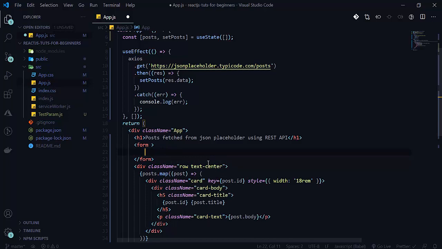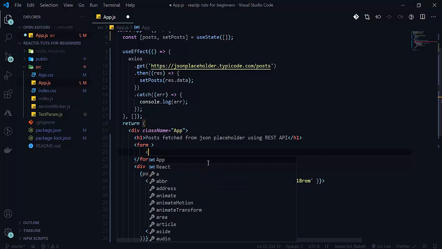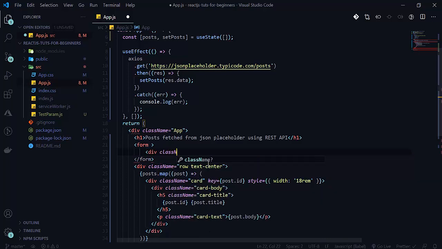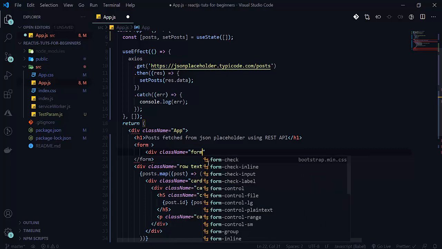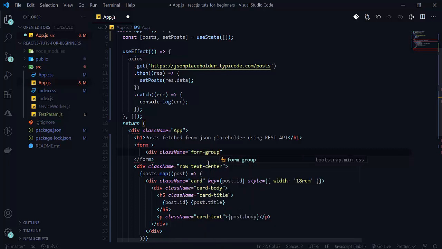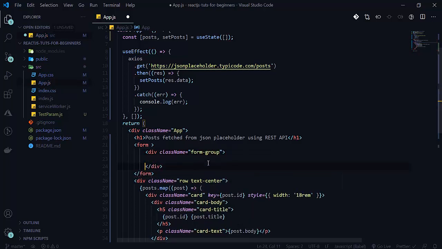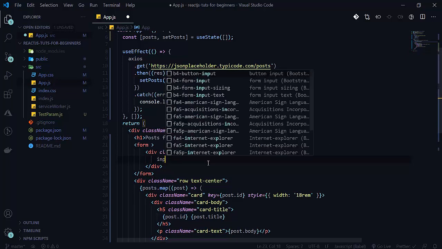So simply write here that will be our division, class name is equal to form group. Here we just have to write title and body. What we want here is only an input.